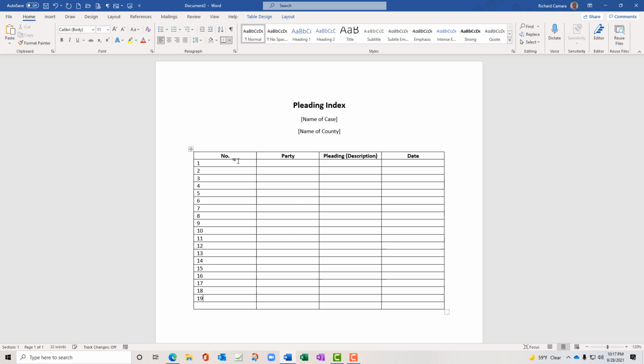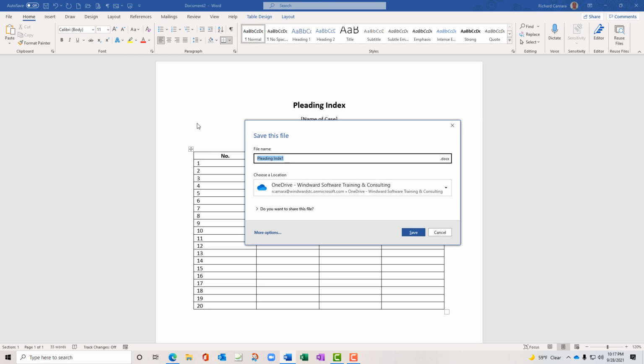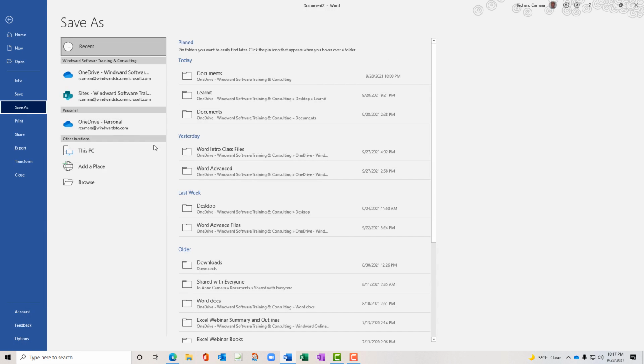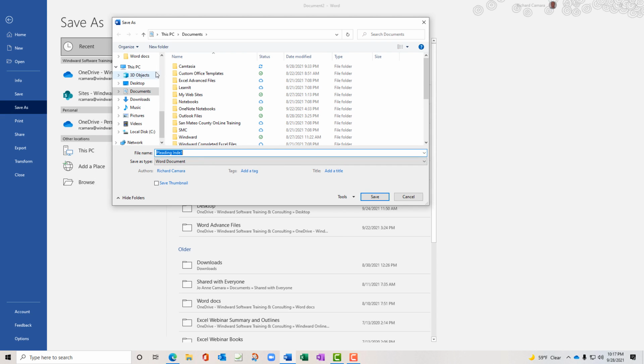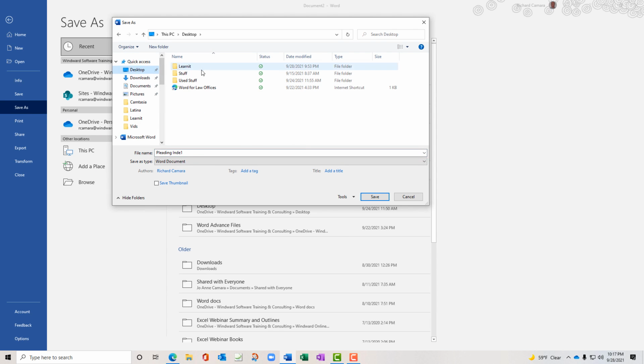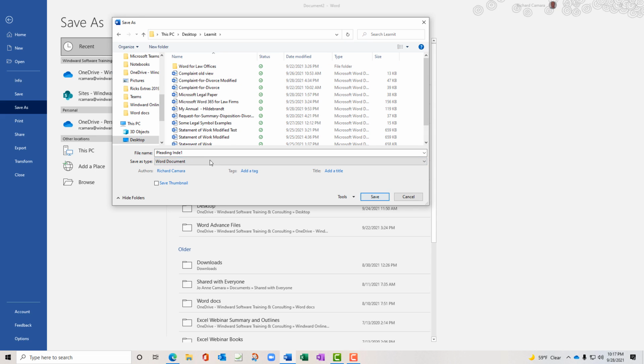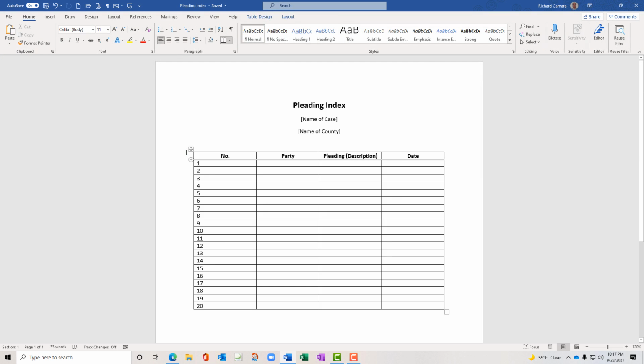Almost done. Get about 20 lines in there. And I'll save this. Pleading index. Okay. And there's your pleading index. So save this